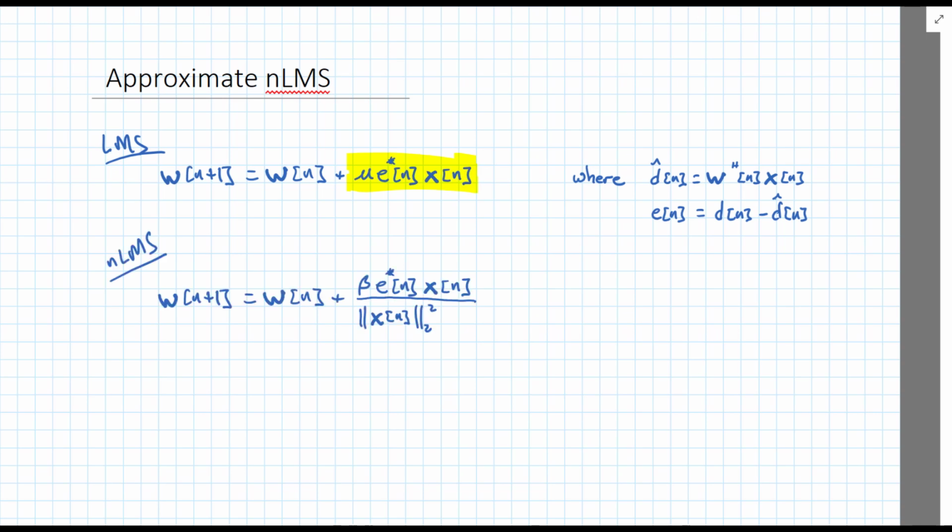For NLMS, as you recall, we have beta times e conjugate x of n over the norm squared of our x vector. I left a little space in there because it's very common to add an epsilon in there just to make sure that we never go to 0 and blow up and have a really large estimate. So this is very useful